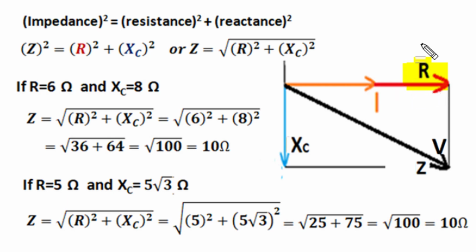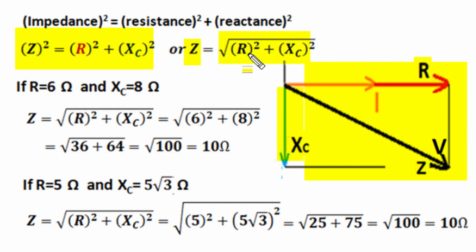0 in polar form, and its position in complex plane is as shown by a red arrow, whereas capacitive reactance is minus J type. Plus J is vertical upward direction and minus J direction is vertical downward direction, so XC got angle minus 90 degree, and its vector position is as shown by this blue vector, and the vector summation of resistance and capacitive reactance becomes impedance. And in this right angle triangle, impedance calculation can be obtained by Pythagoras relation, where hypotenuse impedance square is base square R square and perpendicular square XC square, or we can say impedance is square root of R square plus